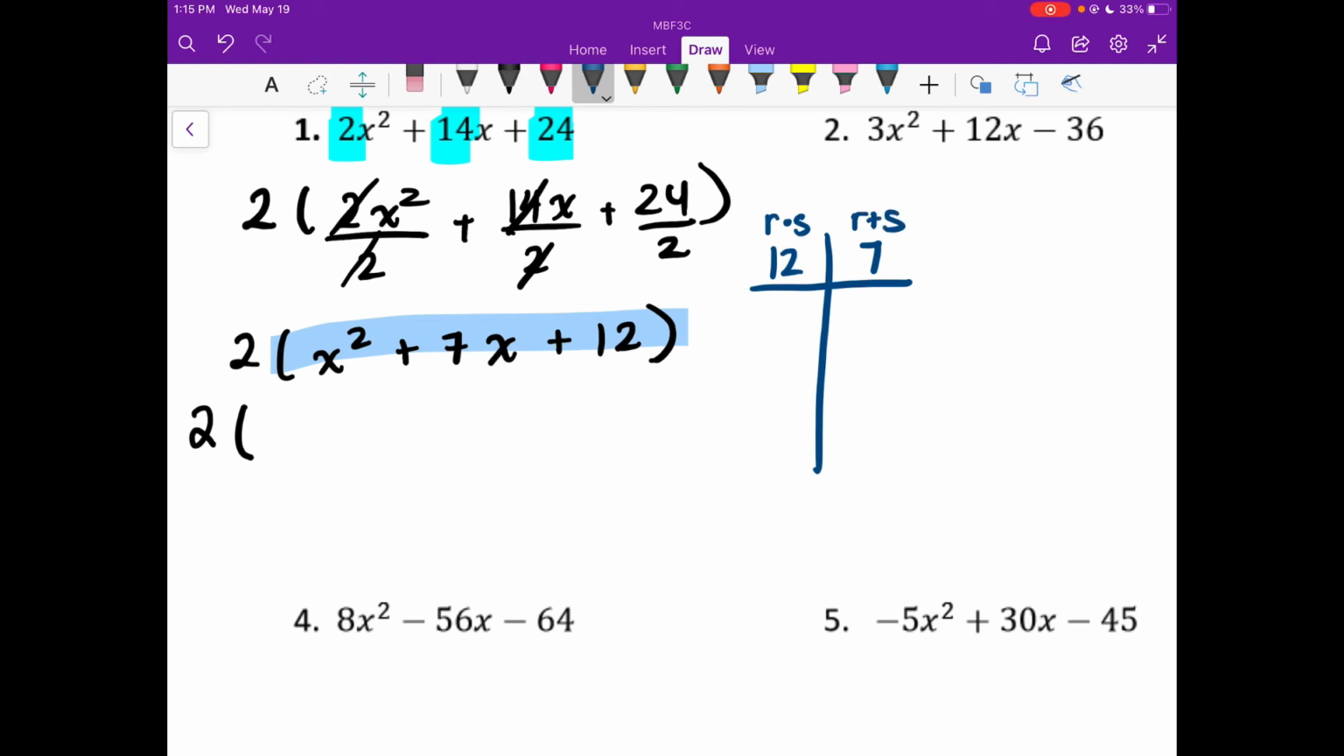They're both positive, so let's find two positive numbers that will add to give me 7 and multiply to give me 12. Right off the bat, I know that's 6 and 1, but if you want, we can go through the process. 12 times 1 is 12. 12 plus 1 is 13. 2 times 6 is 12. 2 plus 6 is,